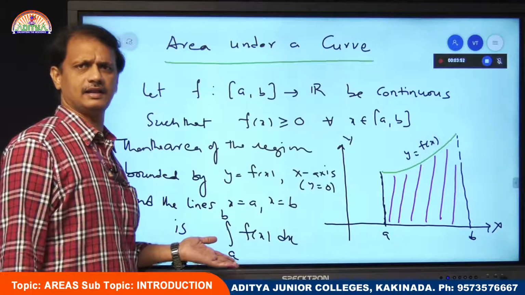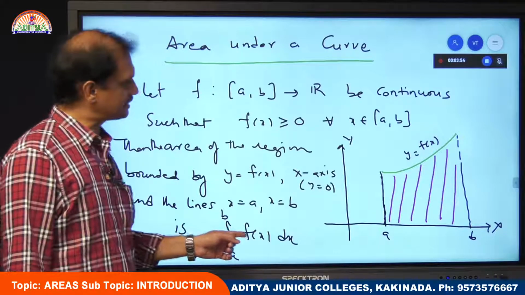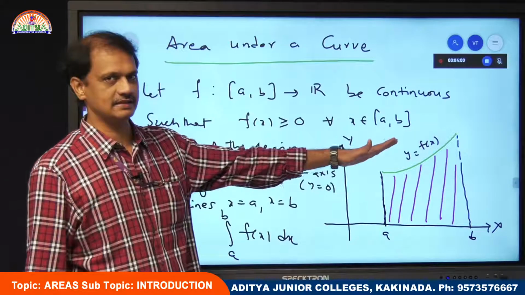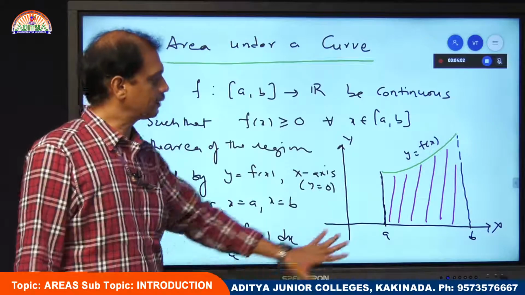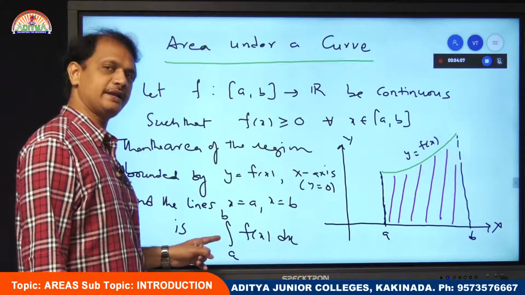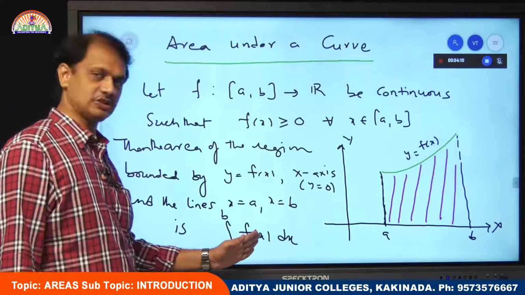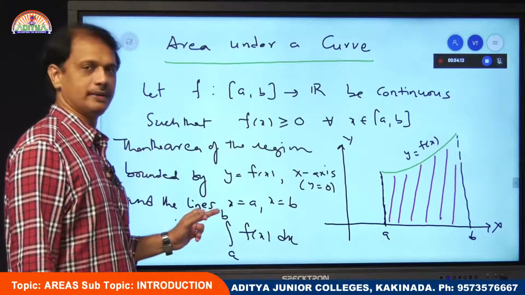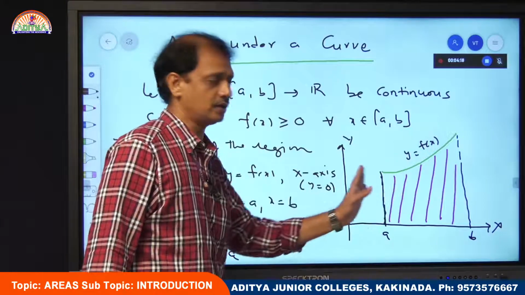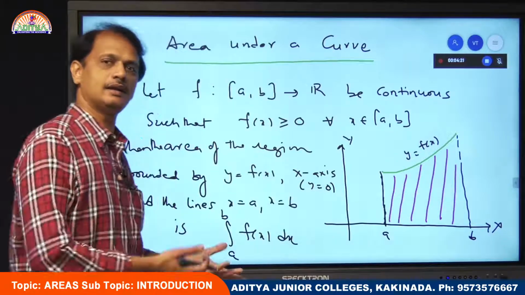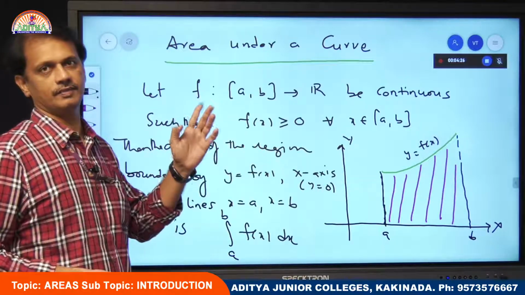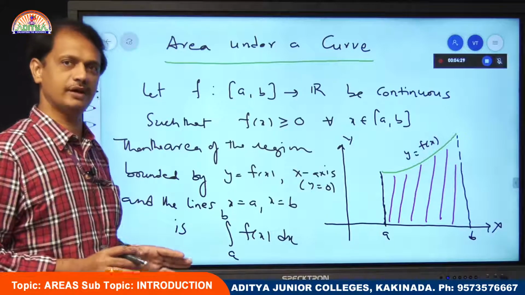This is our definite integral clearly. Here what we assume in the statement is f of x is greater than or equal to 0. That means if the graph is above the x axis, then we can apply this formula to calculate this area. All of you know from previous classes what this represents: summation of all function values when x is running from a to b. When you take the values along the x axis, you get corresponding function values. If you add all these, it is nothing but our required area. Therefore this is the formula to calculate area under a curve. That means this is simply an application of a definite integral.